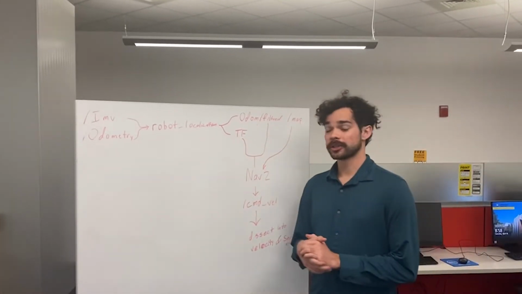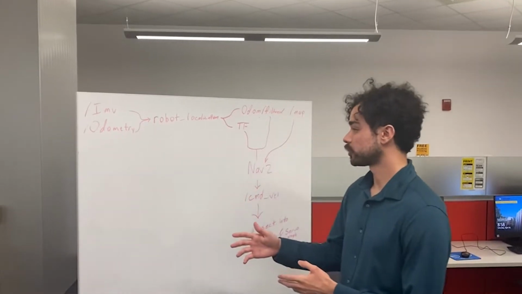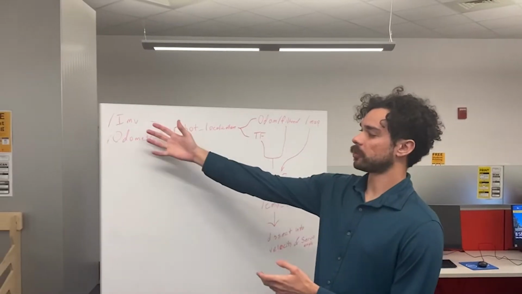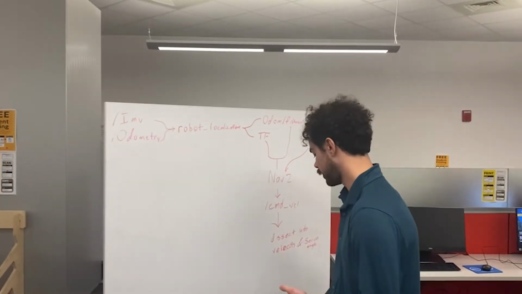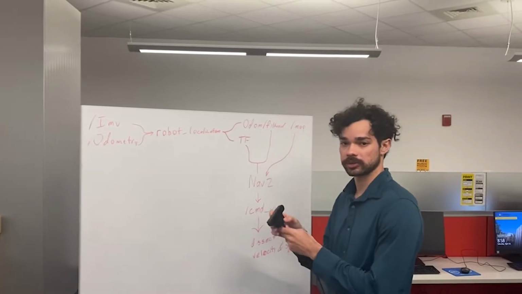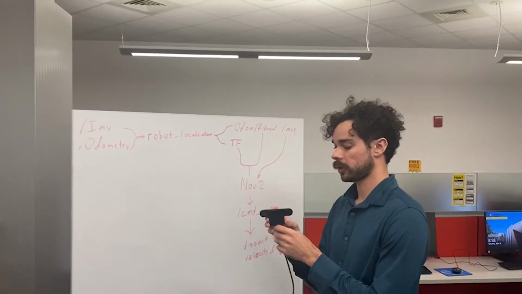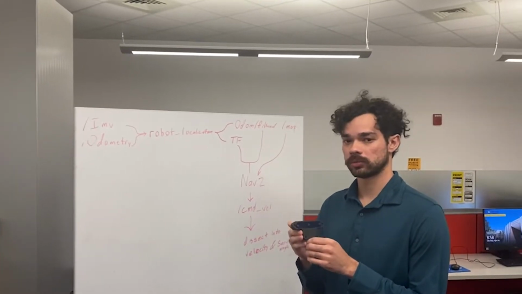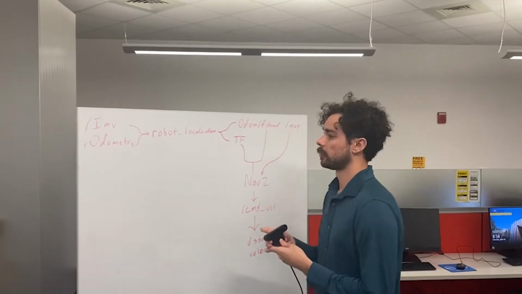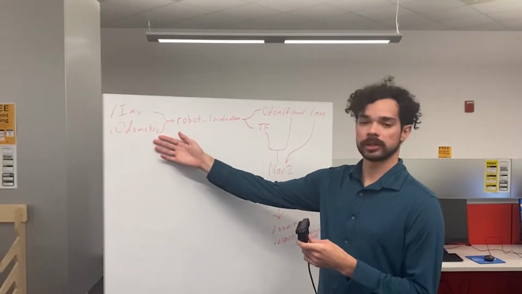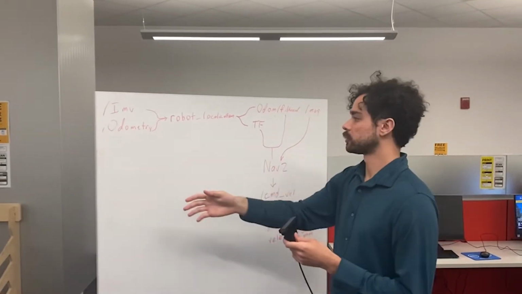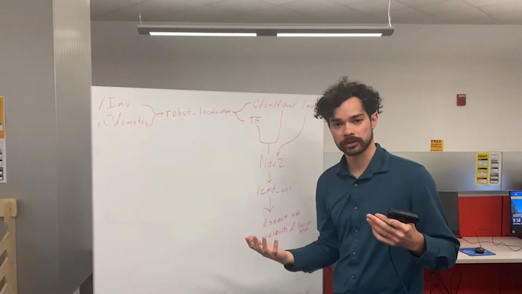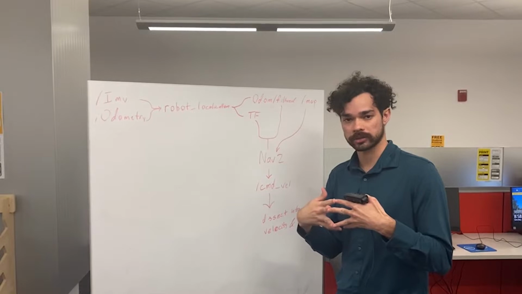Hi. So this is essentially how our software is going to work. This is a flow chart indicating which part is going to be connected to which. Initially we begin with IMU and odometry. IMU data will be captured using the IMU within the OAK-D camera. We currently have a publisher to take data from the IMU and publish it to the ROS 2 topic. Odometry will be captured from the wheel encoder within the motor, which will then be passed to the robot localization package, which will use an extended Kalman filter to blend both the IMU and the odometry data together,